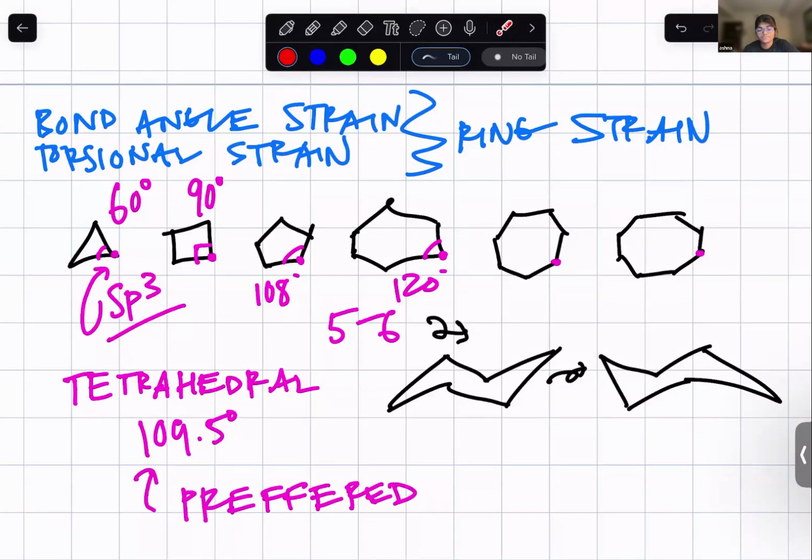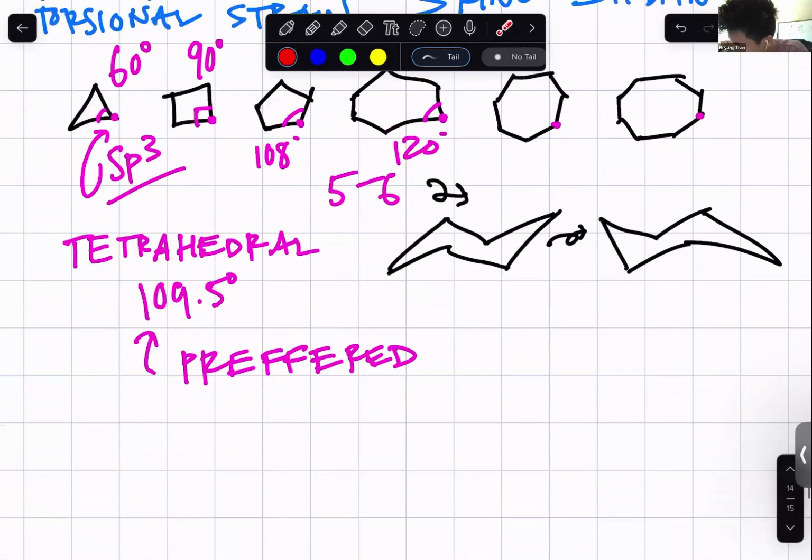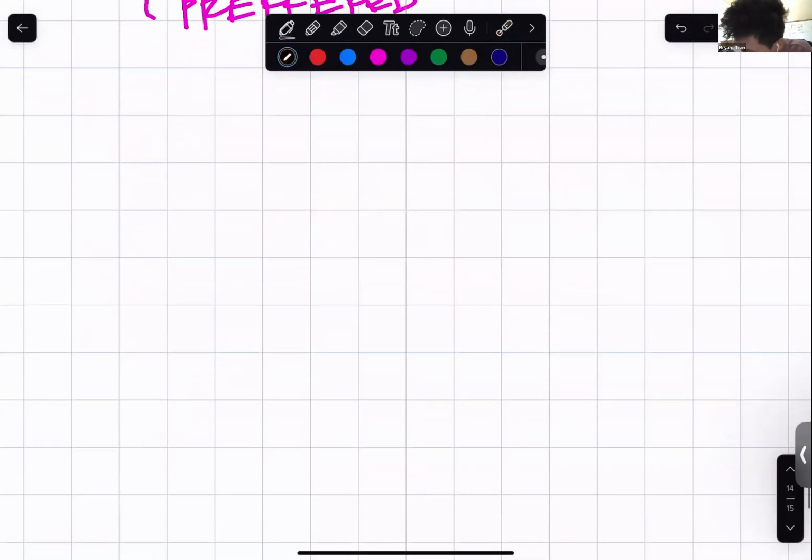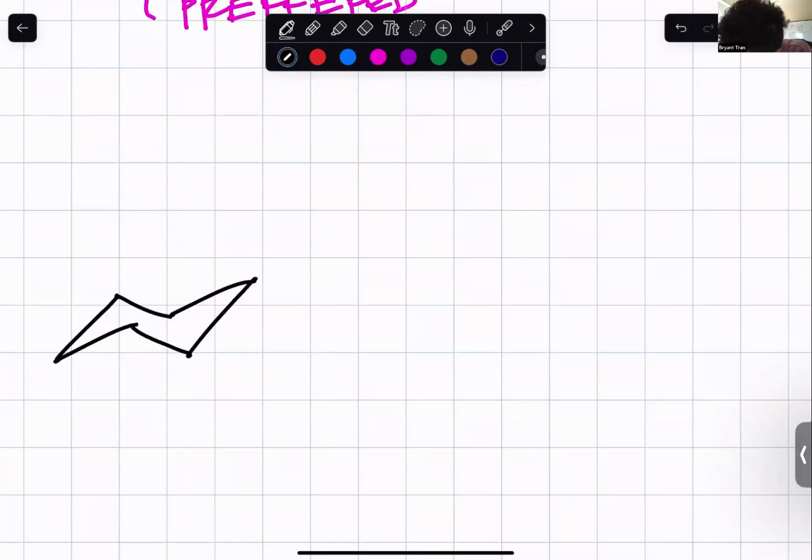No? Okay. That's good. So I'm going to draw out one of the chair conformations and describe to you guys the difference between axial and equatorial bonds. So let's start with axial bonds, which is the easier one, because it's going to go either only up or down. It can only go up or down, like straight up or straight down, right? And it's always going to be fixed. Like the way that I'm going to draw it here is always going to be true for all problems, right?